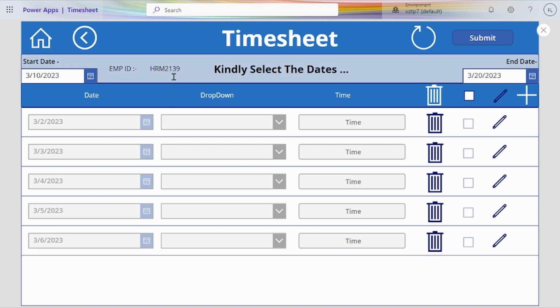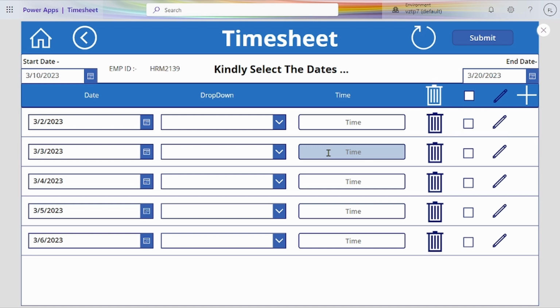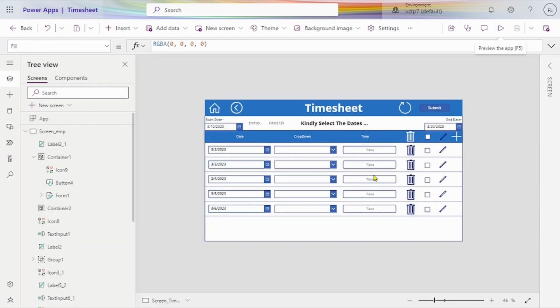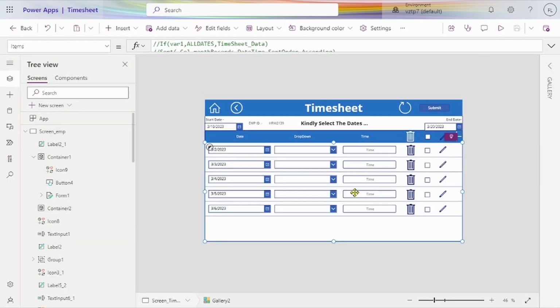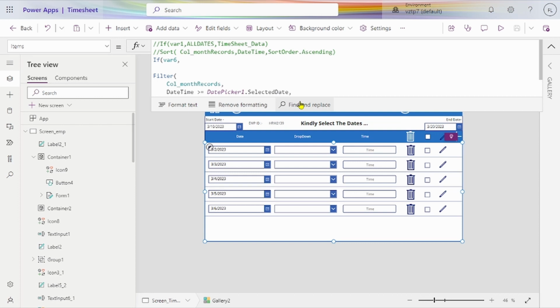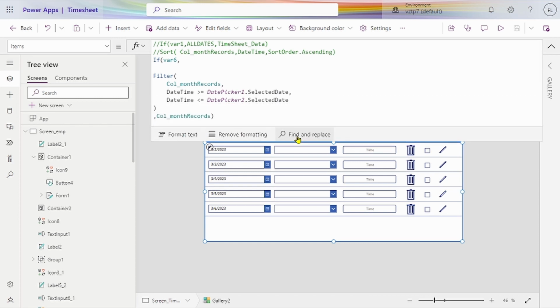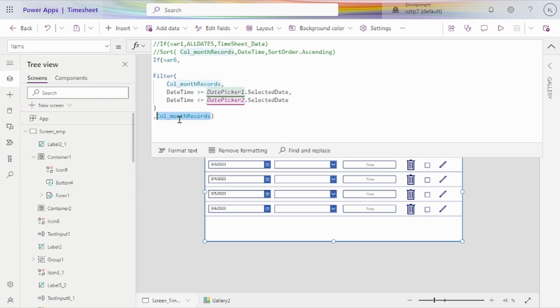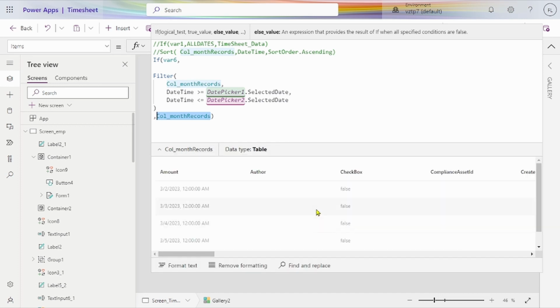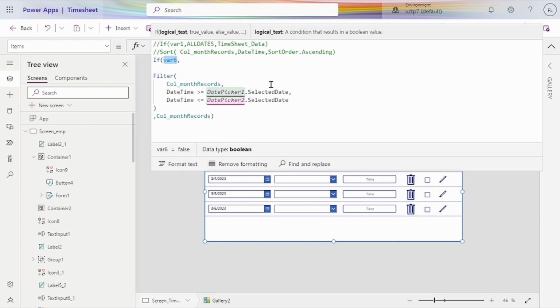For HRM 2139, the records are blank, meaning no previous records are created. That's why 5 blank records are created. Okay, for the collection for this gallery, we are giving the same 12 months records collection. Okay, if where 6 is our true or false value,